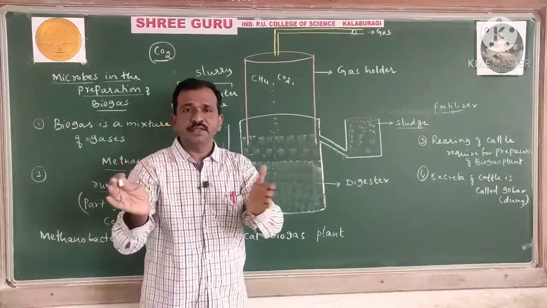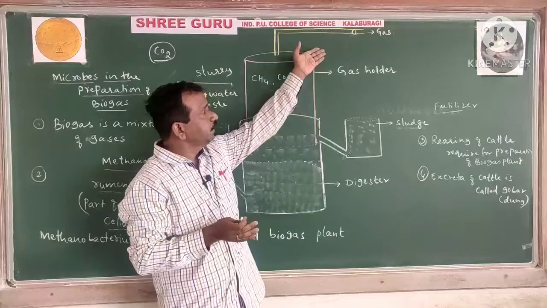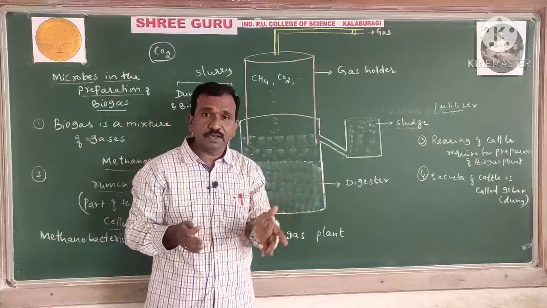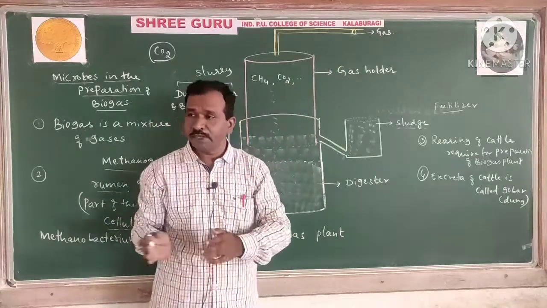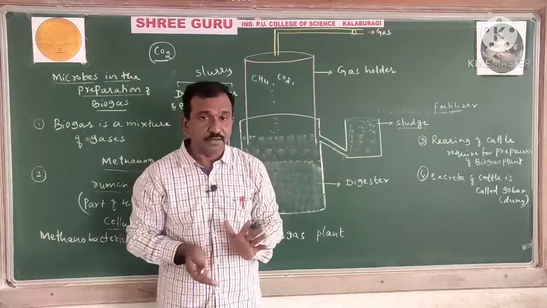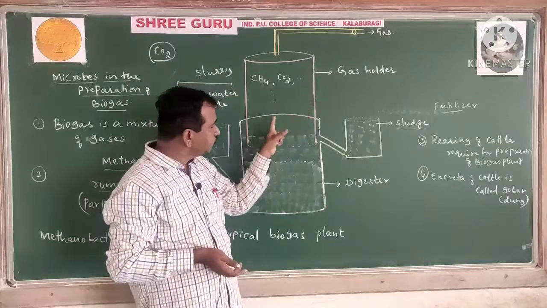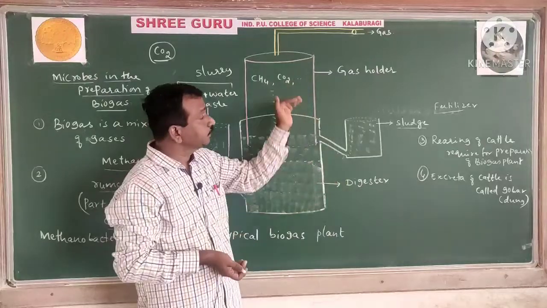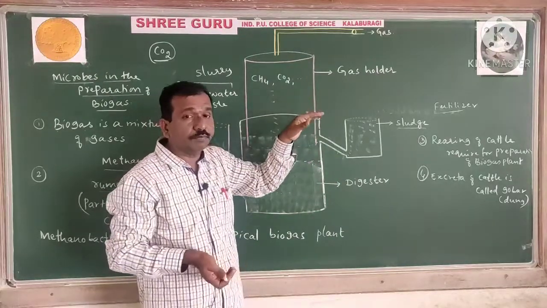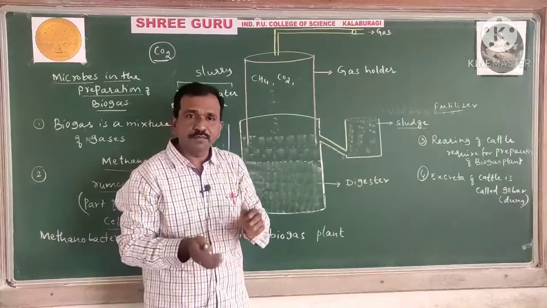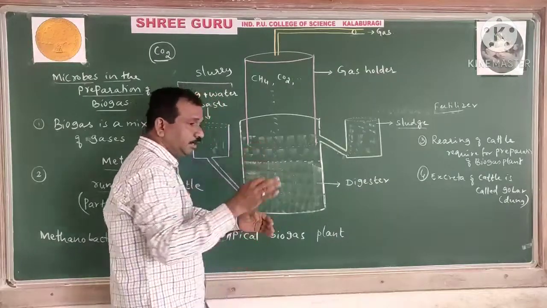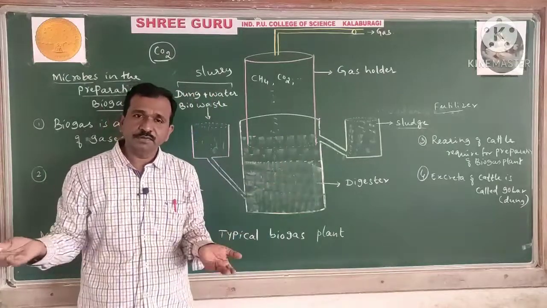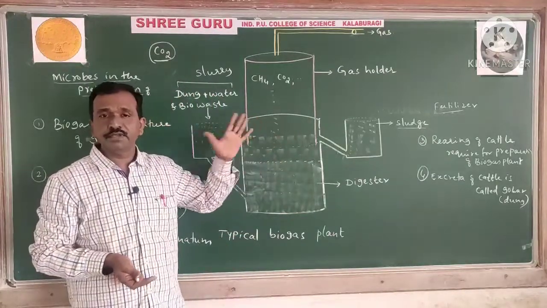The connection has to be given to supply to 2-3 houses. Why? Because 2 to 3 houses, why is it? Whether we normally give our LPG, if a house has LPG we give it to 2-3 houses, no. Why? Because constantly CH4, methane gas, is being released, so it is not possible to hold. We cannot hold it ourselves. That is why it is going to be given to different houses. If given to 2-3 houses, it has to be utilized, so that constantly it is going to be used.